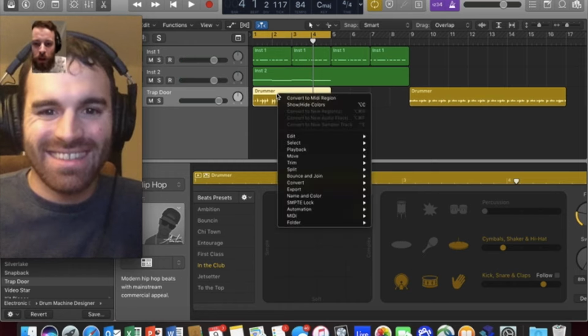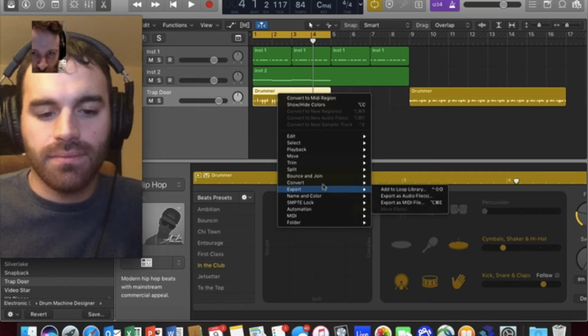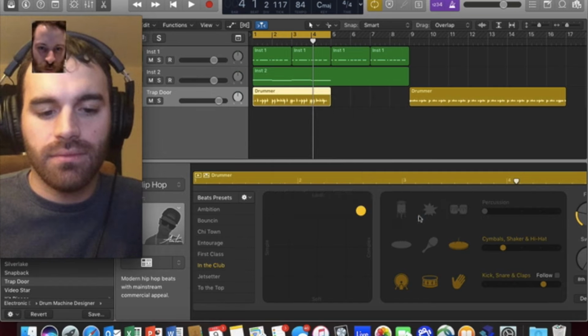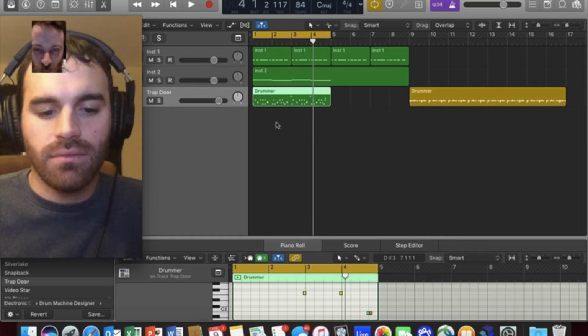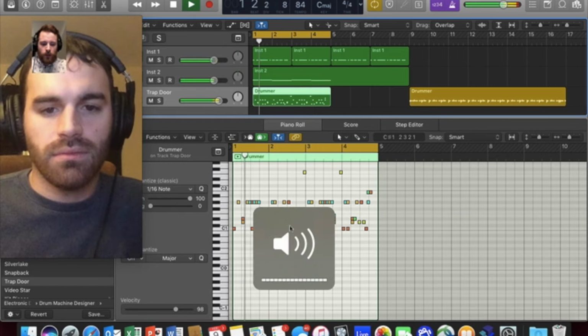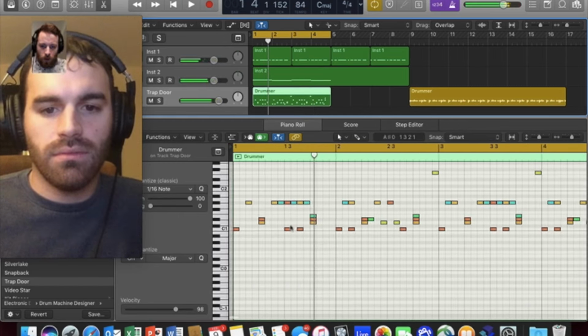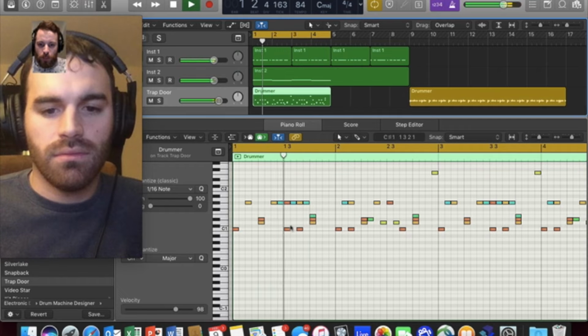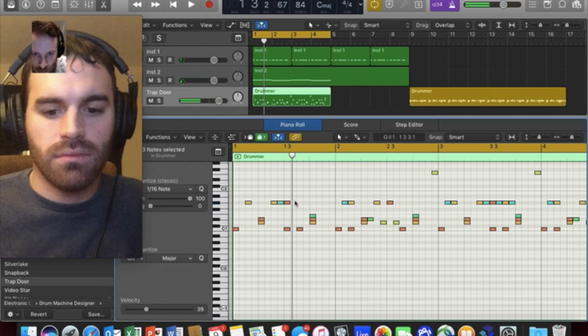So you can right-click on this Drummer region, go down to Convert, and go to Convert to MIDI Region, and oh wow, that cool little macro beat it was playing actually has real MIDI in it, and you can edit it. So let me get into the nitty-gritty here. So after this, boom,